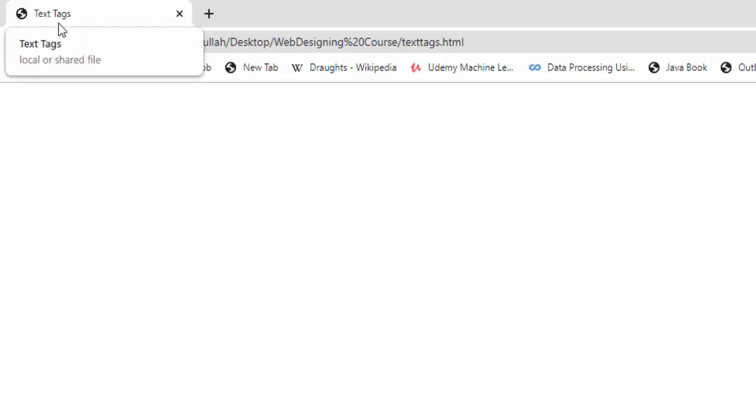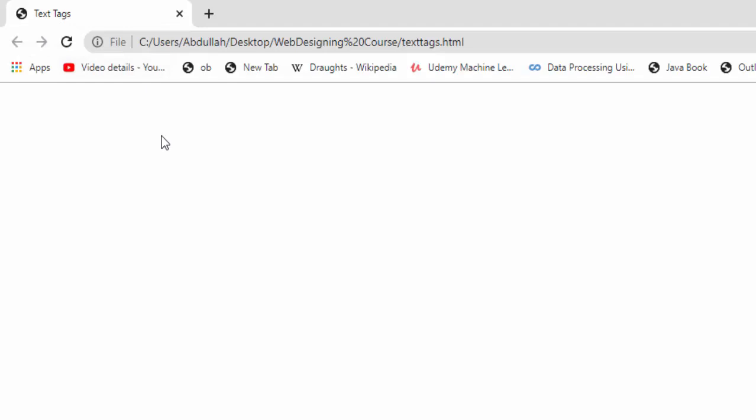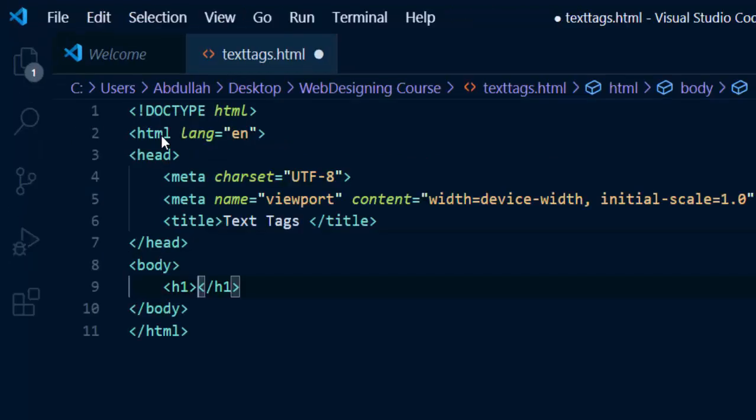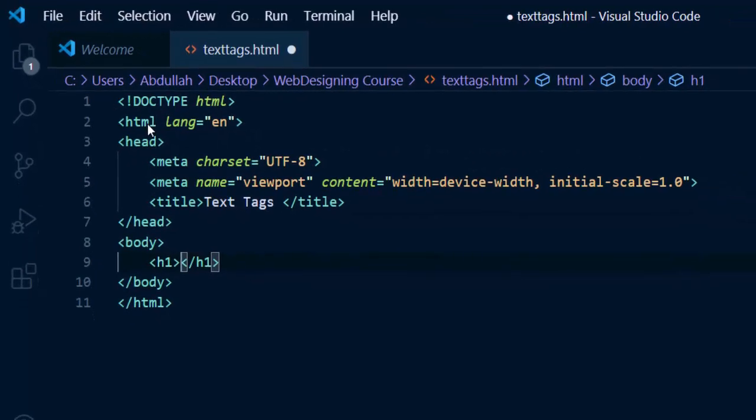Now let's talk about the HTML tags which are specifically related to the text elements. The first tag that we have is the h1 tag. We have heading tags in HTML, and we have 6 heading tags. Let's talk about the h1 tag first. If you type h1 and then close the first tag, Visual Studio Code will automatically add an end tag with that. Let me zoom in a little bit so you can see clearly.